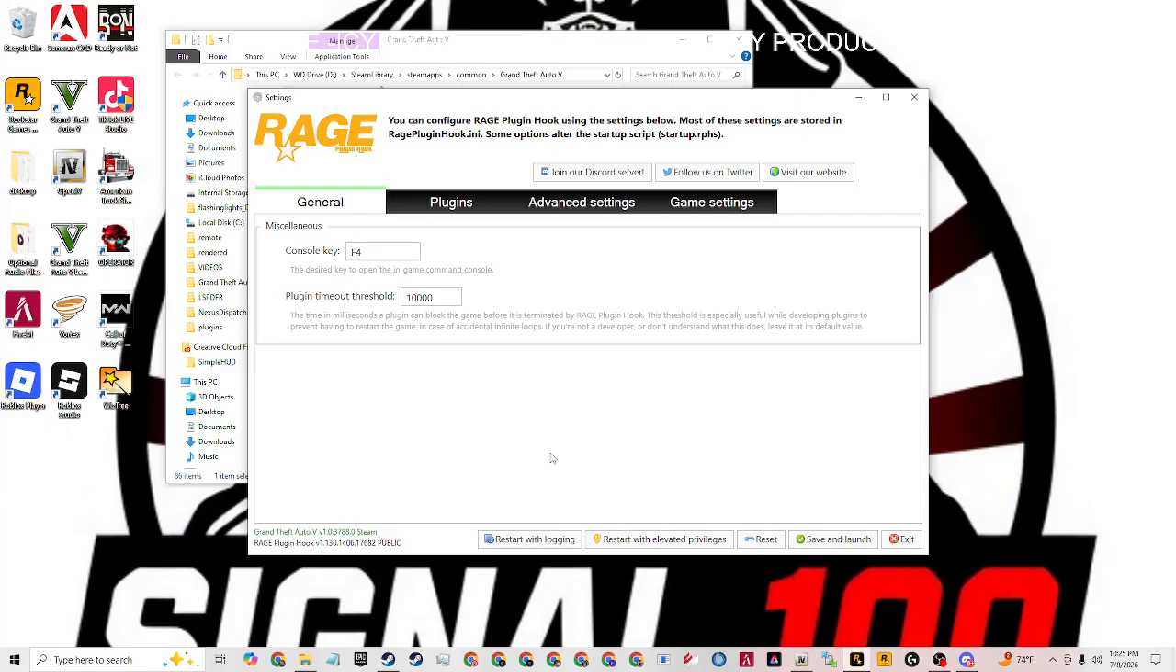Your console key is gonna be F4. I would suggest keeping it F4. All the other keys are gonna be used by keybinds. No one really puts F4 as their default keybind for any of the plugins or mods you'll get out there for scripts and stuff. So what you're gonna do is go to this 1000 right here,